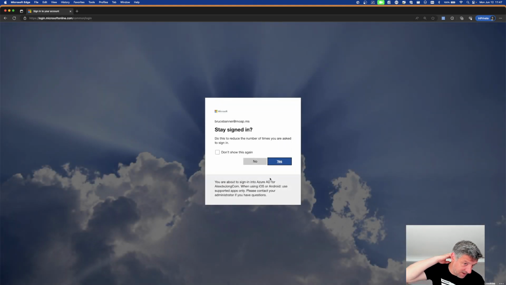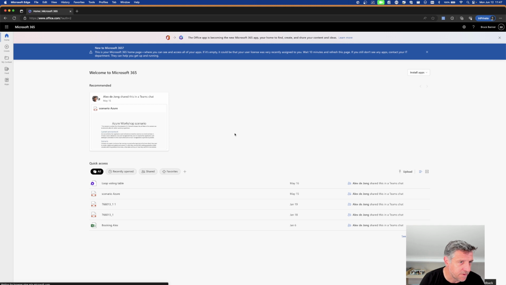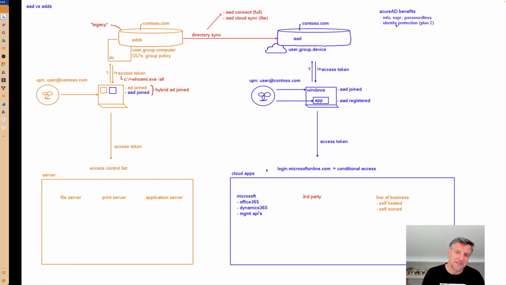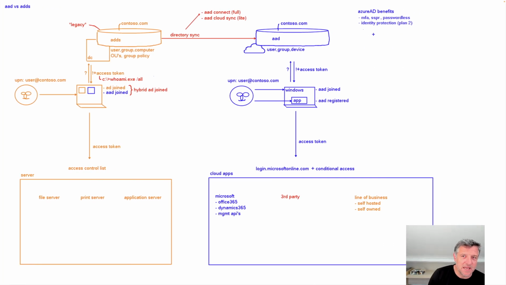Now I am signed in without the need for multi-factor. I can use the temporary access pass only once, and then the user could go in and try to use another phone and add another phone for multi-factor and so on. These are some nice capabilities that Azure Active Directory comes with, and one major benefit that we might